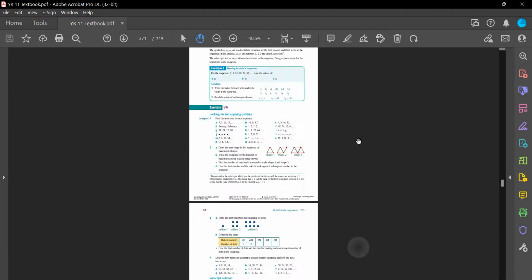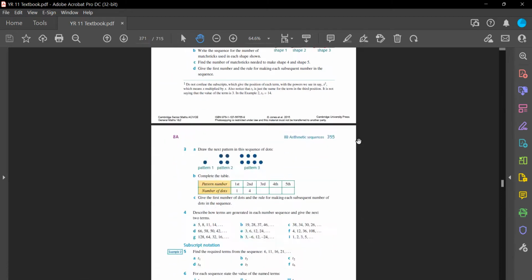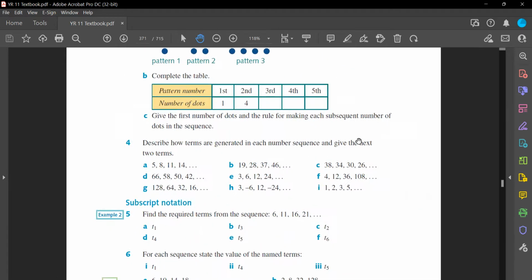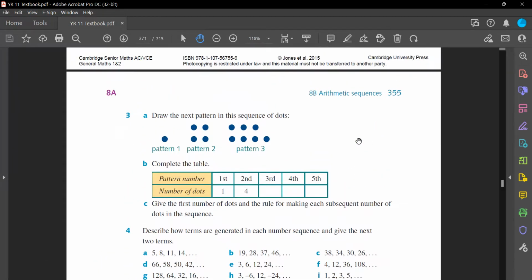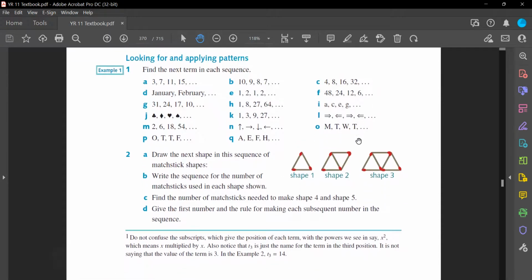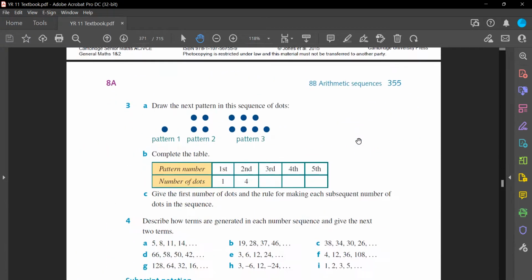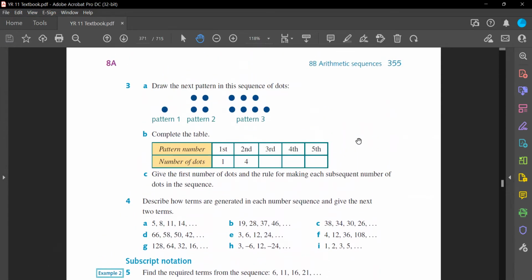Okay, here we go. All right, so question 6, what's question 6 here? Okay, so we'll do question 6, but I'd also like you to do, we'll skip question 1. We'll do question 3 and question 4,